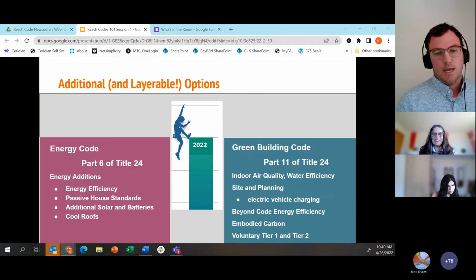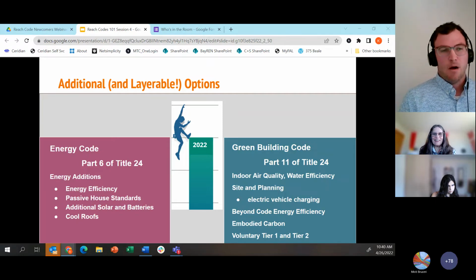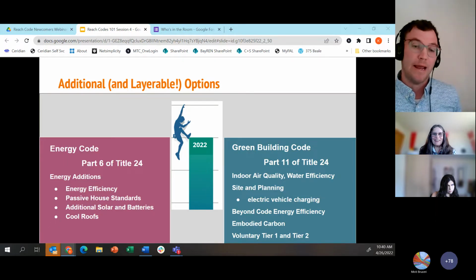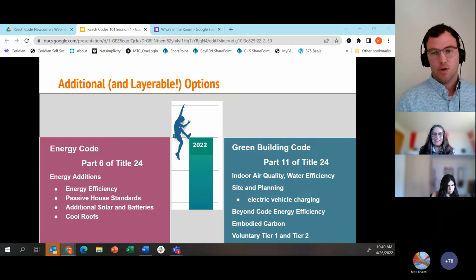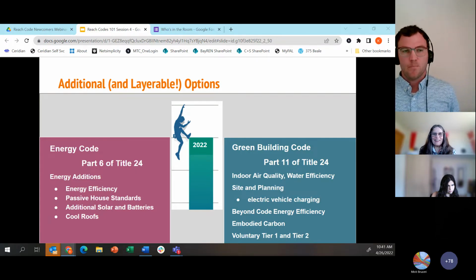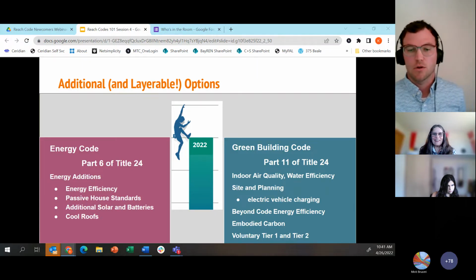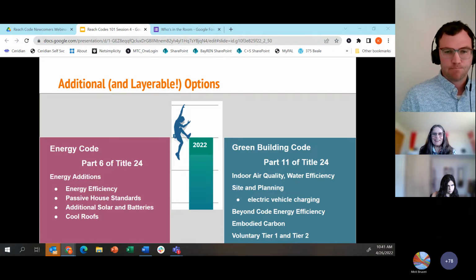So the CALGreen tiers can be passed as an ordinance also to either pair with an electrification ordinance or not. So the point here being that all of these options can be layered on if a local government chooses to add them. Next slide.